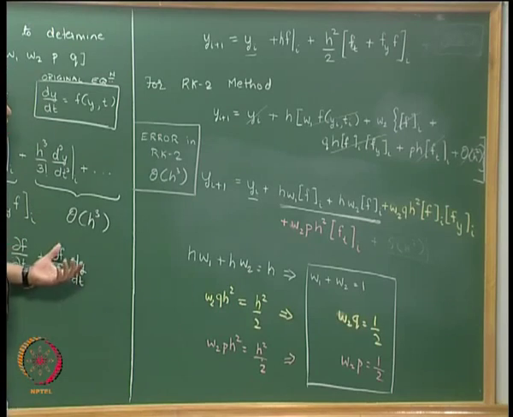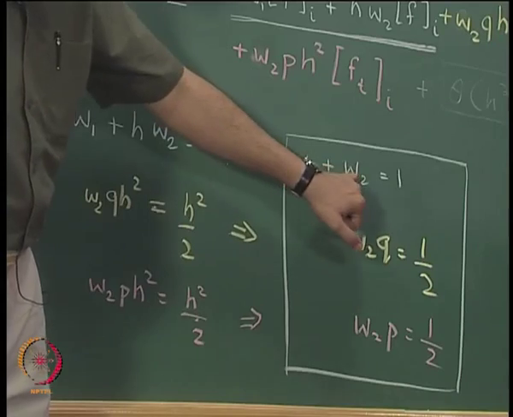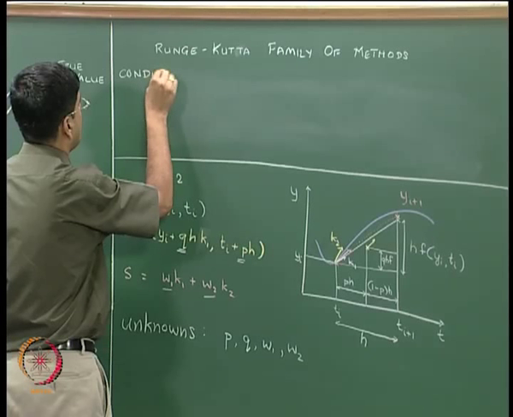Now one thing that you will notice in RK2 is that we have 4 unknowns W1, W2, p and q, but we only have 3 equations. What that means is that we are now free to choose any one of the parameters according to our choice, and based on that particular choice we will have various different RK2 methods. Okay. So let us now go back to our geometric interpretation and see the various different RK2 methods that we are going to get. Okay.